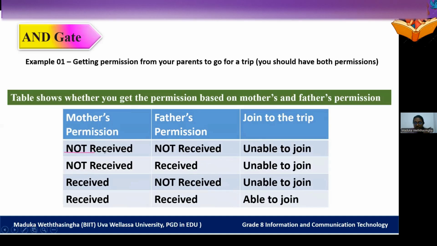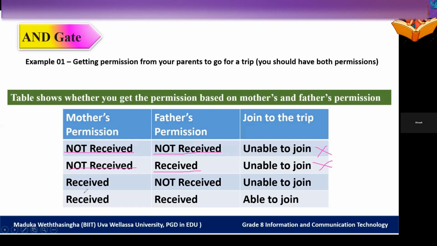You will not receive mother's permission, and also you will not receive father's permission. Then what will happen? You cannot join the trip, because your teacher told you to have both permissions from your parents. Next situation, mother will not give you the permission,